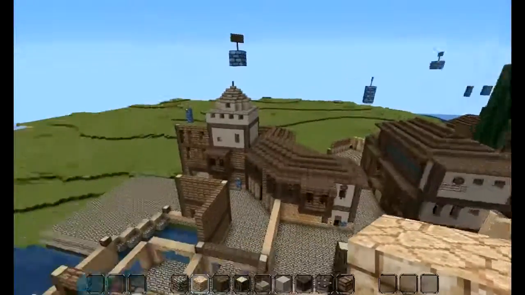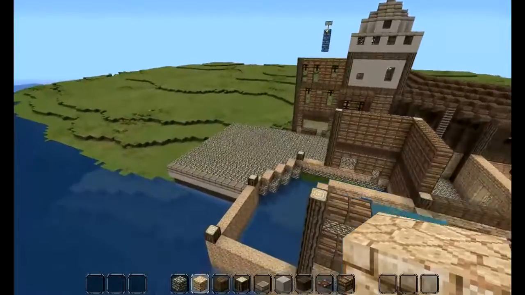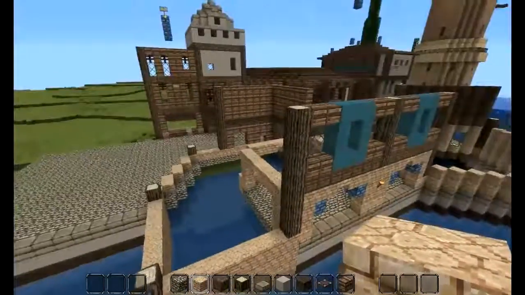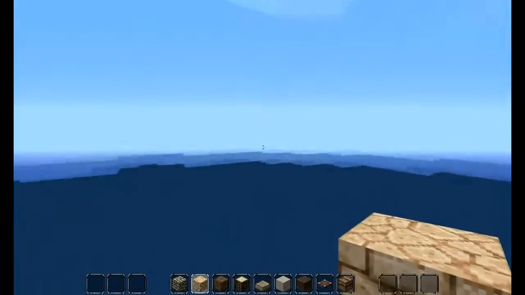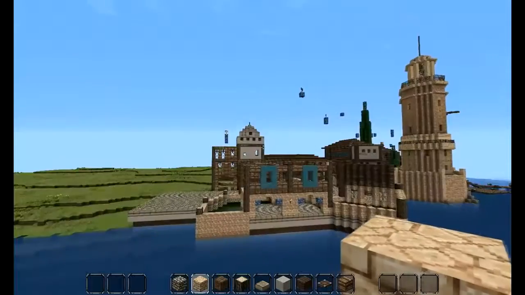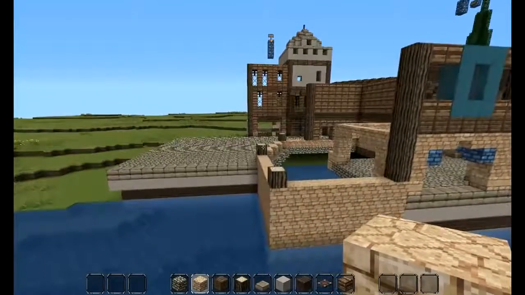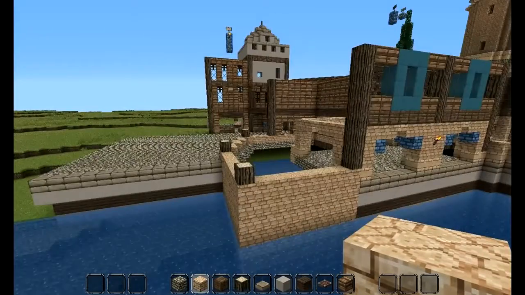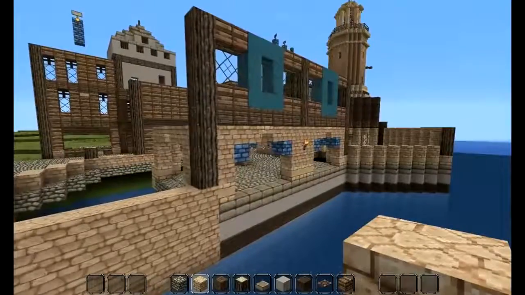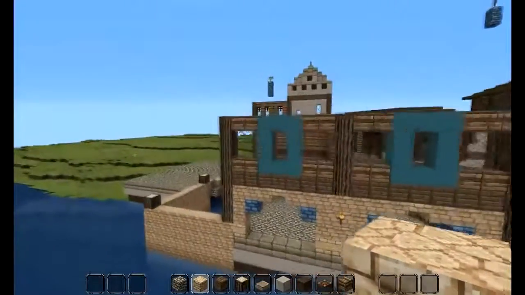I plan on doing a lot of it. I plan on doing at least the entire northern part of the city on this part of the map. Across this gigantic body of water is another section of the city, obviously because I said it's based off Constantinople, and Constantinople is split right in half, kind of, by a river, a big river, or a sea. I'm not entirely sure what it is. But yeah, I'm going to be building